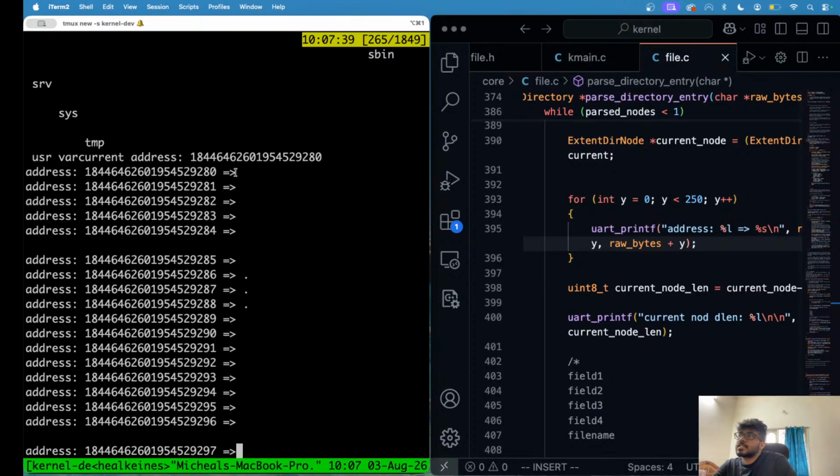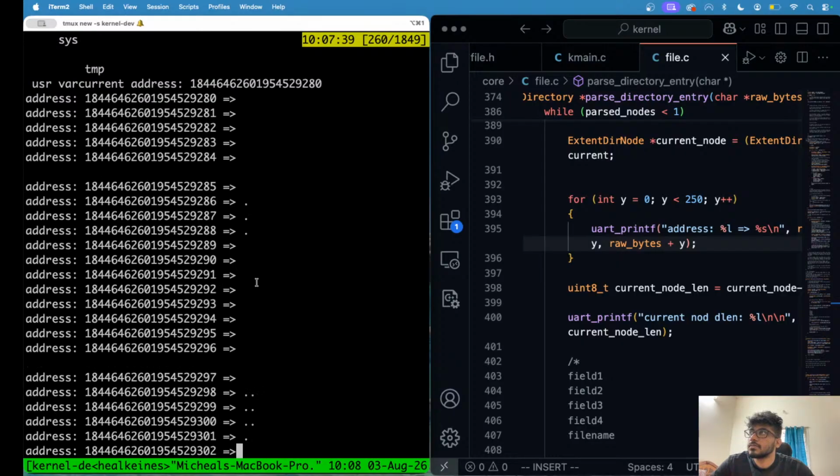So we have the first address, there is 0, 1, 1, 2, 3, 4, 5, 6. The 7th byte has dots. 7, 8. All three values have dots. That's just so messed up. And then